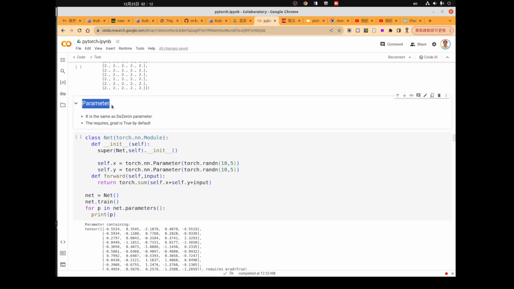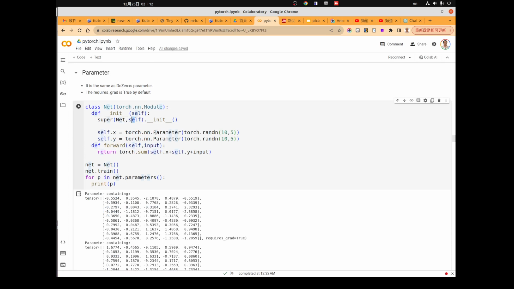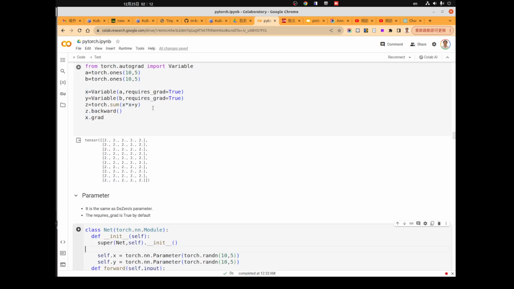The other object is called parameter. There is nothing special about a parameter. The parameter is exactly the same as a variable, but requires_grad is true by default. For the variable, requires_grad is false by default, so we need to set it to true if we want it to be a parameter which can be changed in the training loop.